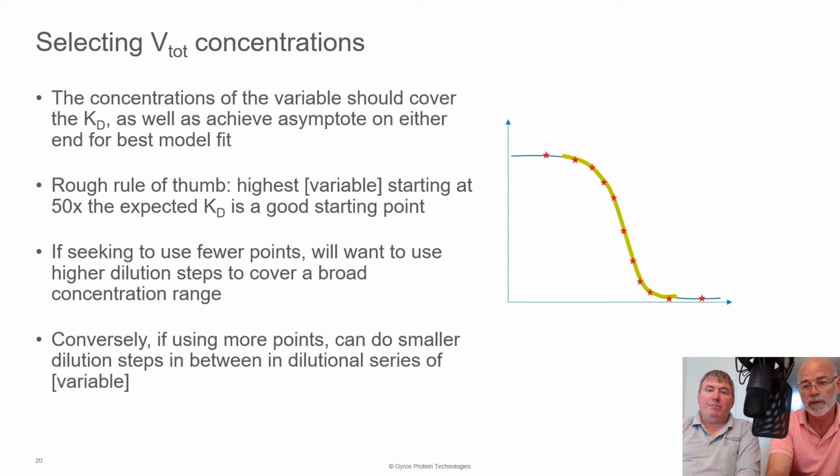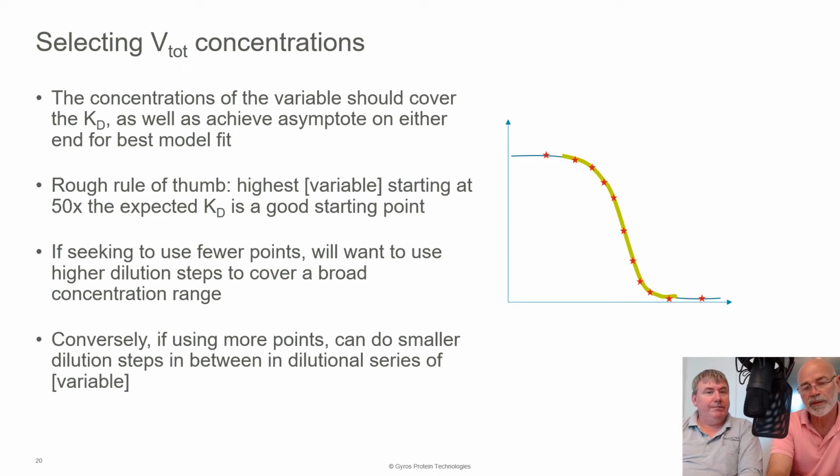You normally would prepare the top standard and then apply a consistent dilution, say 1 in 3 or 1 in 4, to ensure you get a wide range. And depending on what you achieve, it is important that you define both the upper and the bottom parts of the curve, because it is a curve fitting model, so it requires a good curve fit to calculate an accurate